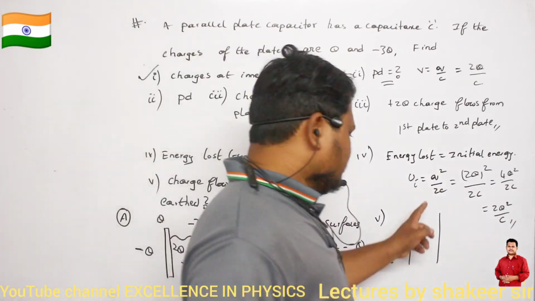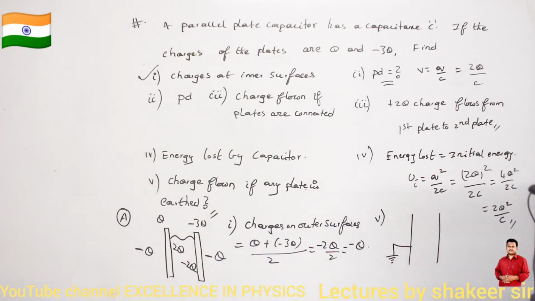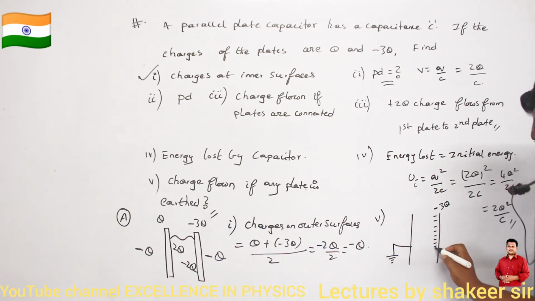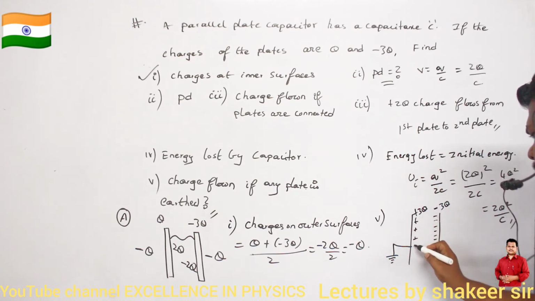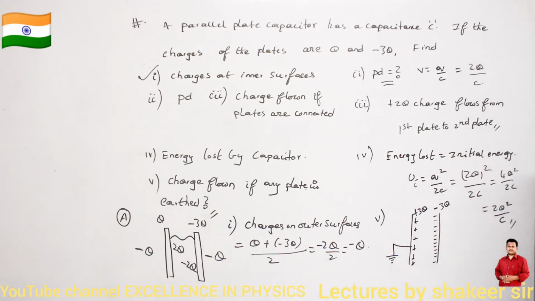But this second plate is not earthed. The total charge present on the second plate is minus 3q. That total minus 3q will be deposited here, and it will induce an equal and opposite charge of plus 3q on the first plate's inner surface. On the outer surface of the first plate there will not be any charge, because the total charge has entered the ground, as the potential of earth is considered to be